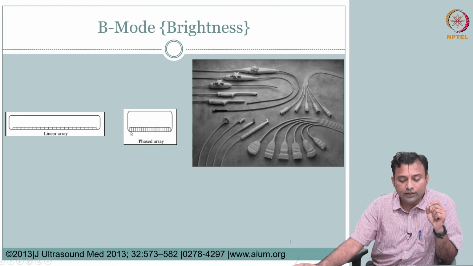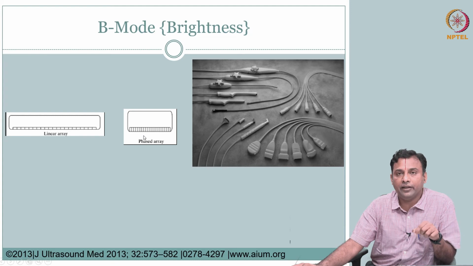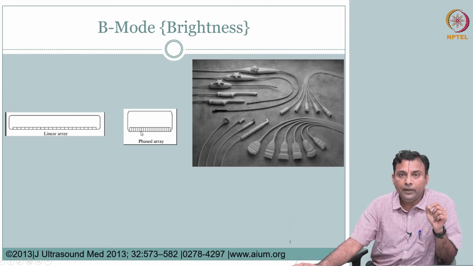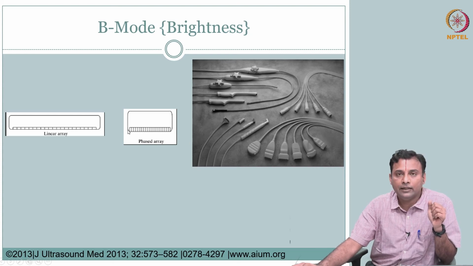Here also you notice that the individual elements are placed next to each other, also in a line, but it is called a phased array just to differentiate it from linear array operation, because we will cover this phased array subsequently. Here you notice the size of the element will be different, and the distance between the elements is designed for a certain phase. Okay, so we will talk about that. That is why it is a phased array, even though it looks linear.